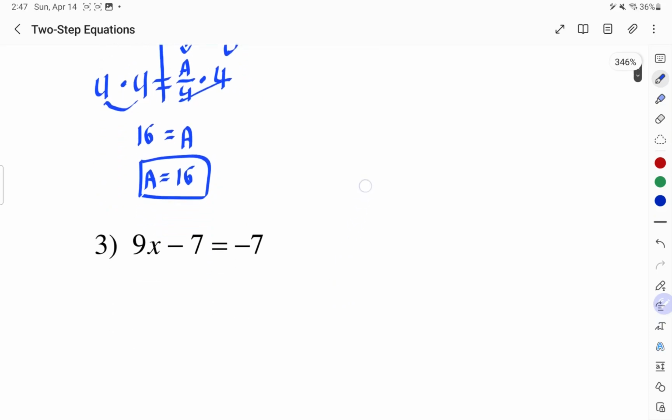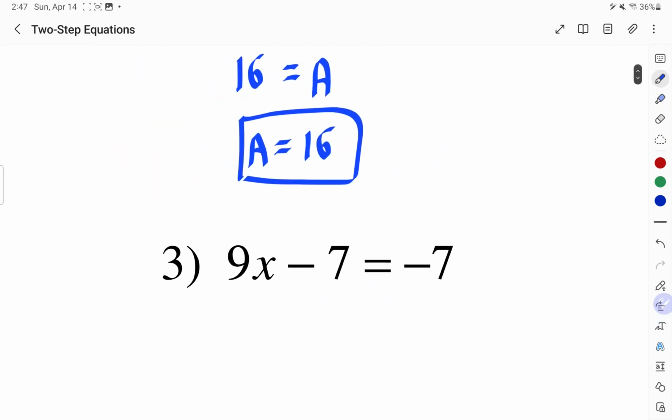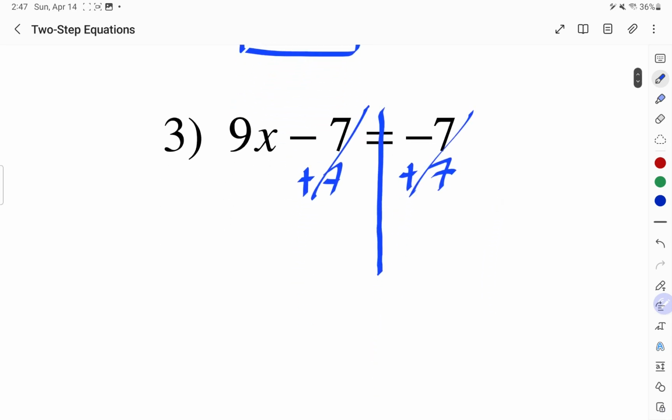That was 1. Now I'm going to do 3. Same thing, I'm going to move everything, but guess what? I'm going to be moving everything to the right this time because my letter is on the left. So let's go ahead and do that. I'm going to put my line right here. I'm going to start with addition and subtraction. So I'm going to be moving the 7 first. So +7, those two cancel out. And guess what? Those two cancel out too. So I'm going to have 0 equals